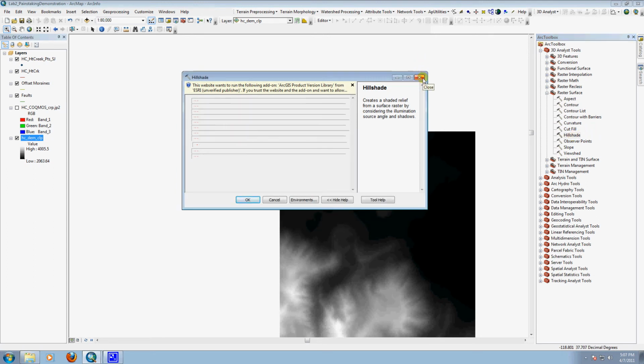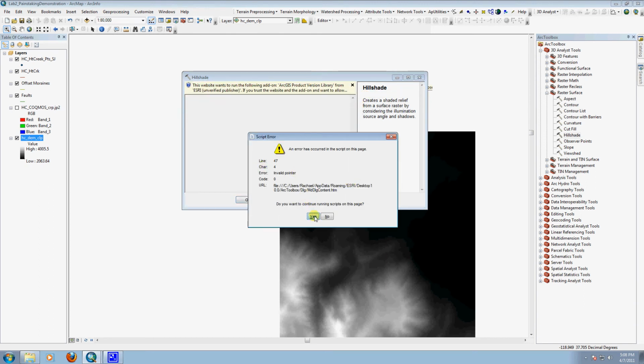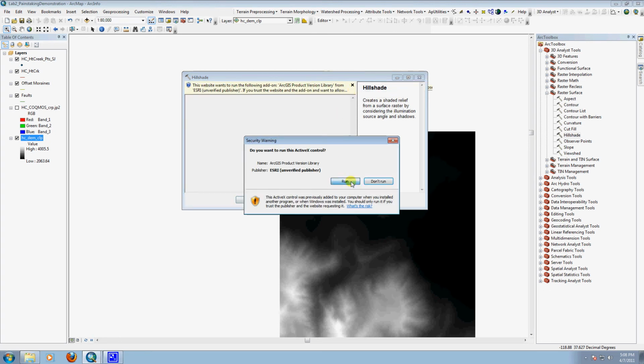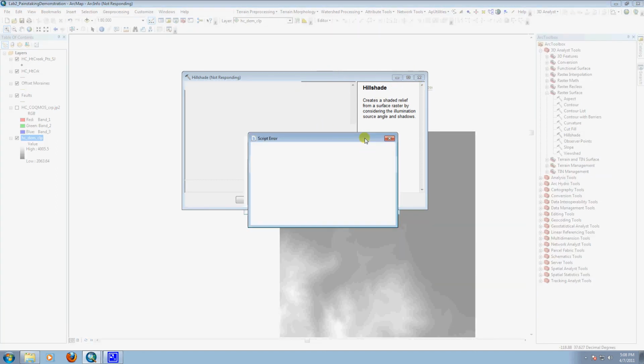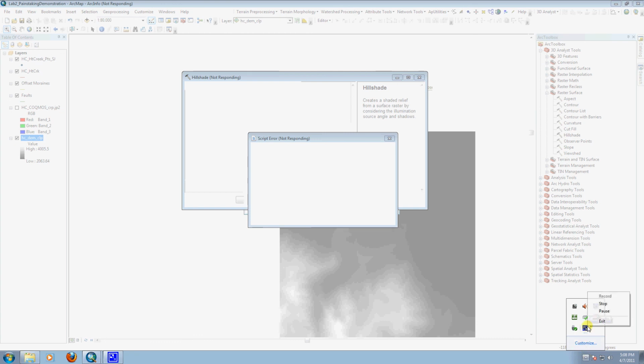This error probably won't come up for you guys. It looks like it's upset because there is virus protection software on this computer and it's not letting it run this add-on. I'm going to let it go ahead and run that, which is, I think, it just trying to access Esri to tell Esri that we're trying to use this folder, and no, it is still not working. So let's stop recording for this session and come back in just a